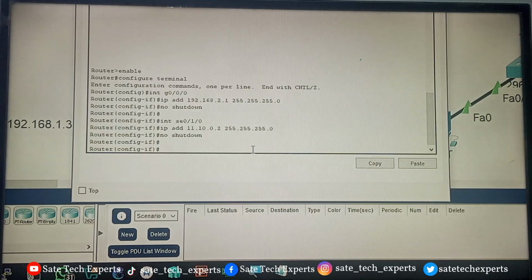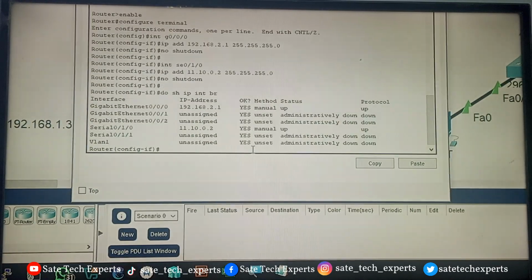If I now want to see my IP addresses from here, what command should I use? Do show ip interface brief. You still remember, because I'm in global mode, that's why I'm using do. Hit enter so you can see it's been assigned. Now let's check if the devices can ping each other, and see if the PCs have IP addresses configured on them. So we come to